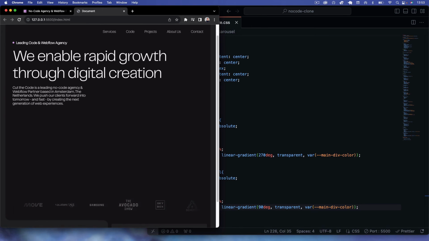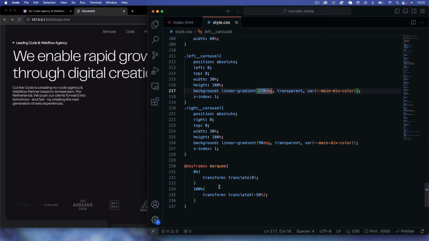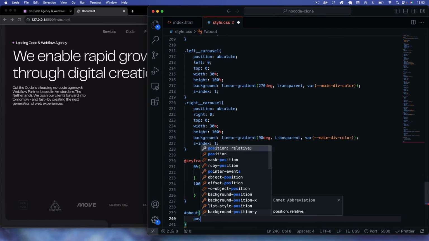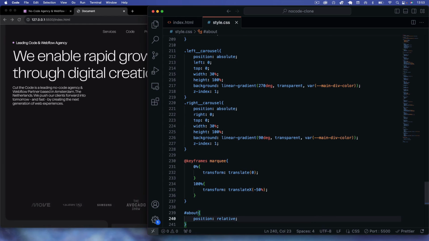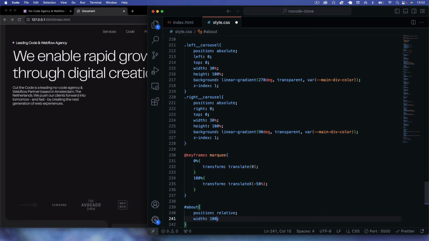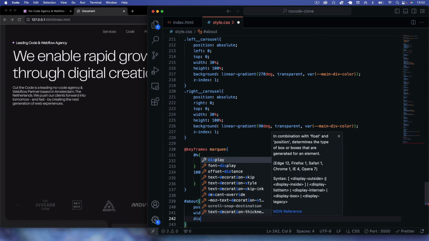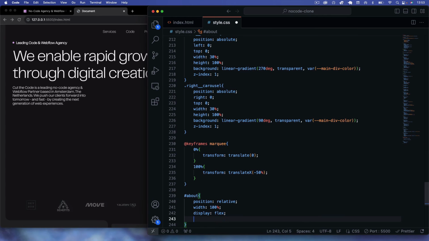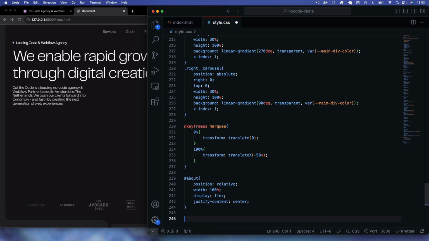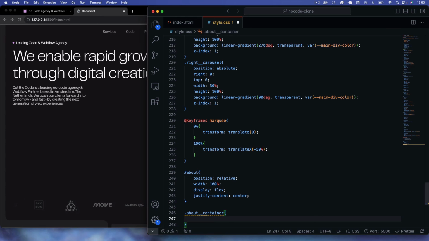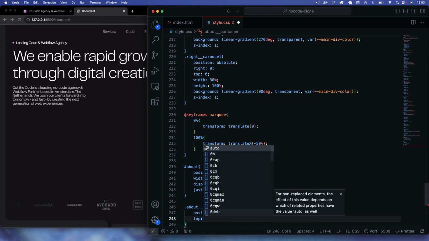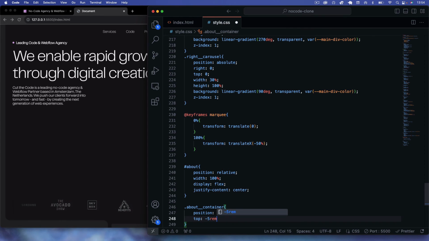Okay, so if we just go to underneath here, just go to about, and here I'll just say position relative. We'll say a width of 100%. We'll say display flex, and then we'll just say justify content center. Come under here, we'll just target the about container, and here we can just say again position relative, and we'll just say top. I want to go minus 5 rem here,